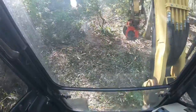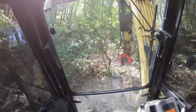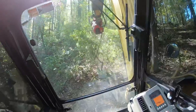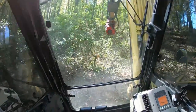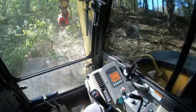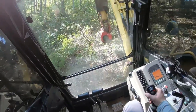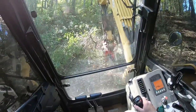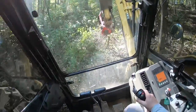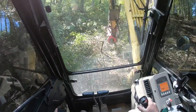Everybody. Today's little spiel is on working steep ground on an excavator and keeping your cool. When you first start operating an excavator, or you've been out of it for a while and you're just getting back into it, getting on steep ground can be one of the toughest parts of running one of these machines. And really, if you can get a few jobs